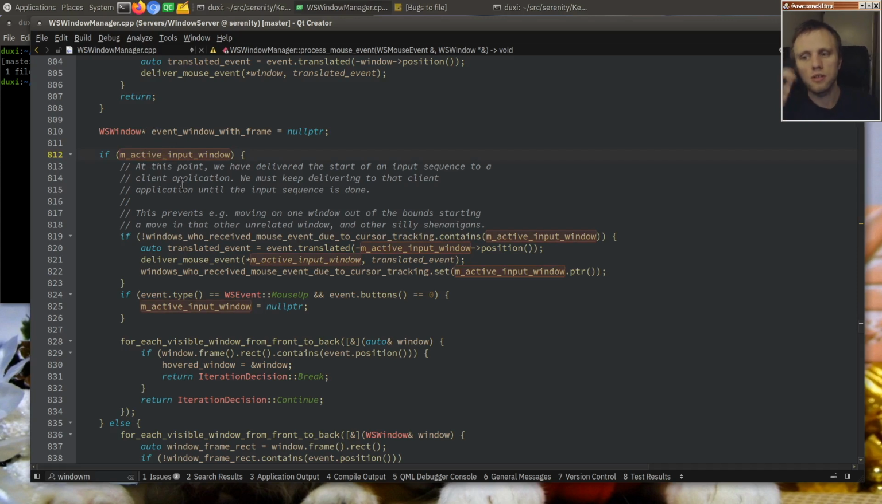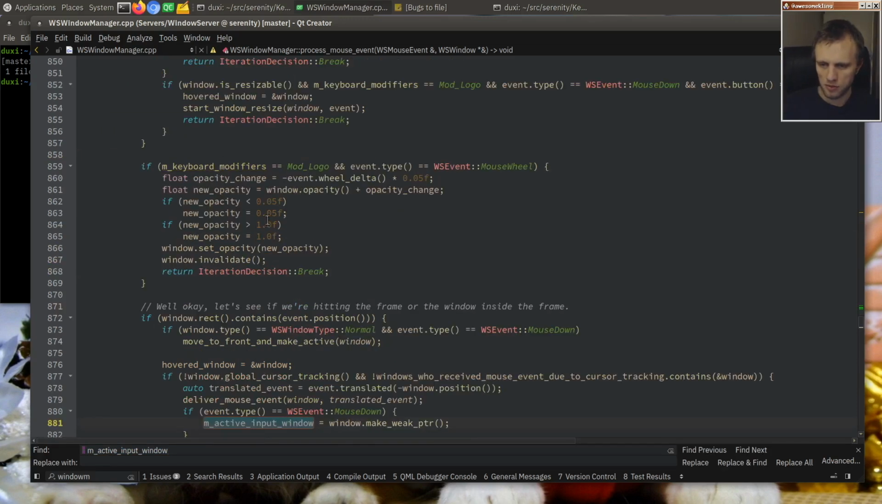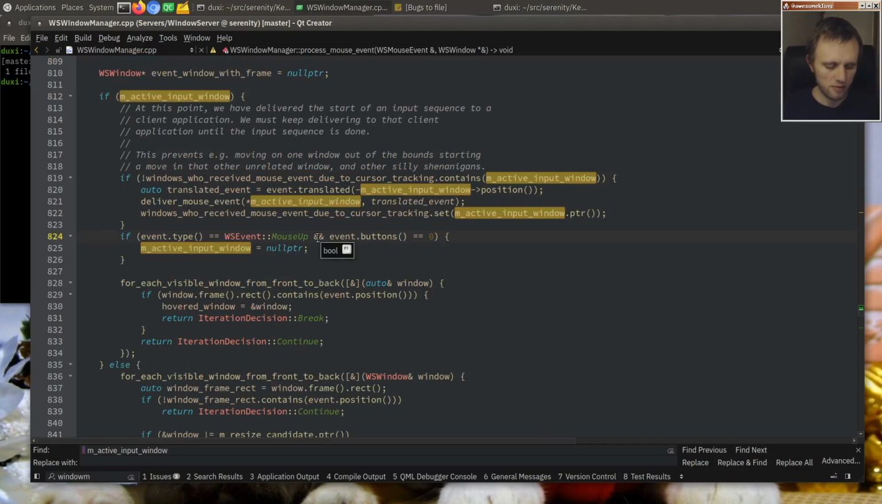So I think we're going to have to drop the active input window when we initiate a drag. Once you initiate a drag, then you're no longer the active input window, because then a drag is supposed to conceptually exist, like, floating above the windows in the Windows server. So the purpose of active input window is that